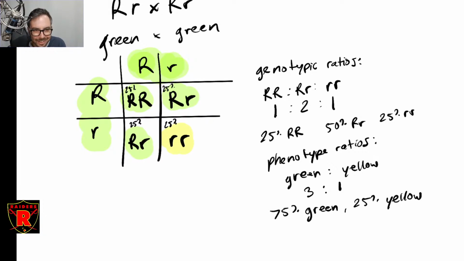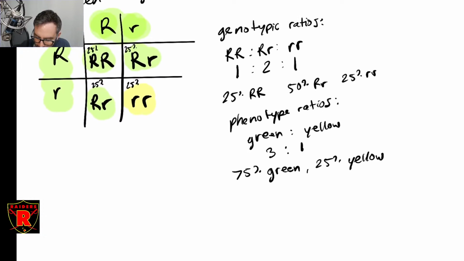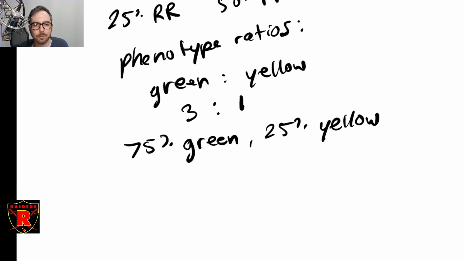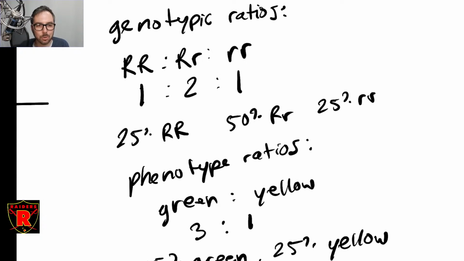Again, when you see a result like that, you have to start thinking as a scientist, something is going on here that is creating this unusual situation. What is making this happen every single time I do this experiment? And so all that Mendel had to go by was just the phenotypes, right? Remember, he knew nothing about the genetics. He knew nothing about the fact that there are two traits. And just simply based on that, the fact that he always got this result, 75% green and 25% yellow, or whatever for whatever traits. Again, he did this with multiple traits. He was able to work backwards and determine, well, it must work like this,